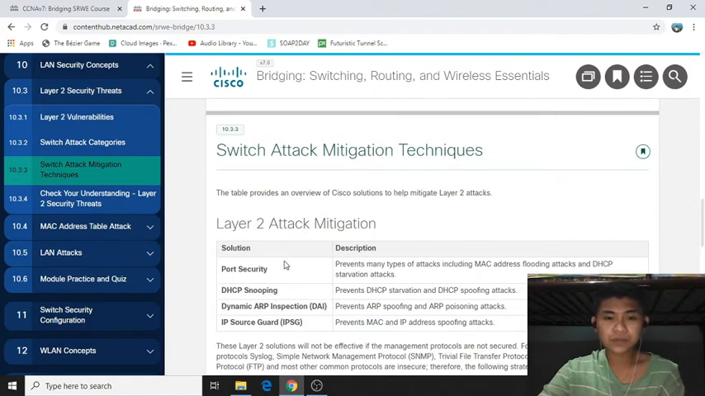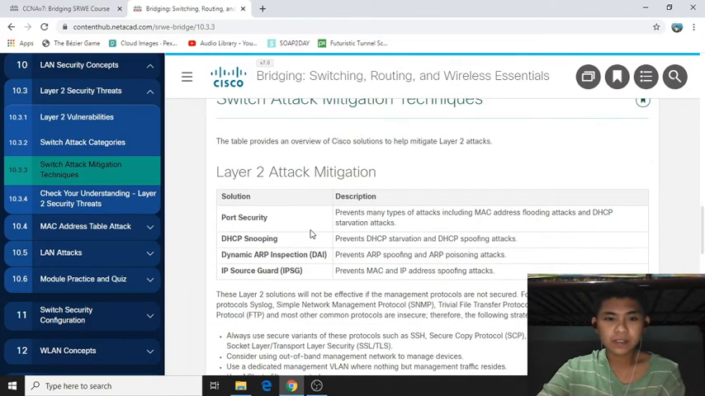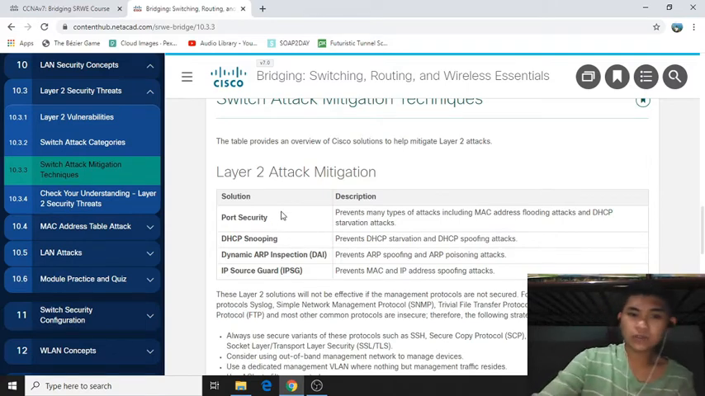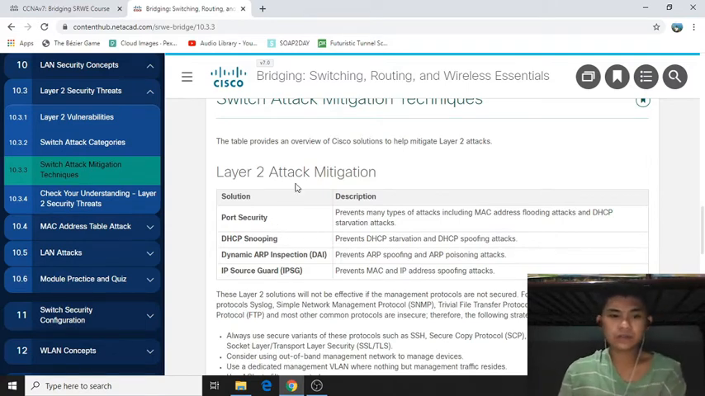Next is the layer 2 attack mitigations. The solution for the attack mitigation is to do the port security, the DHCP snooping, dynamic ARP inspection, and the IP source guard. Port security prevents many types of attacks including MAC address flooding attacks and the DHCP starvation